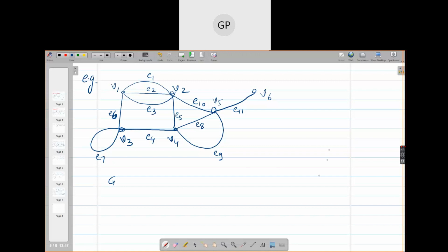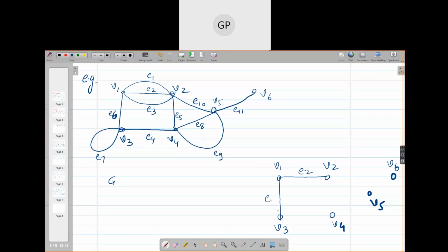So we will draw one underlying graph. So there are 4, 5 and 6 vertices. So we will write all the vertices as they are. Now E1, E2, E3, they are parallel edges. So we have to keep only one edge at a time. Only one edge. So I will keep E2 suppose.